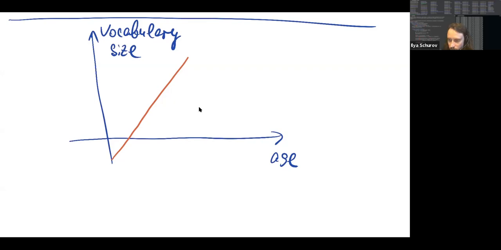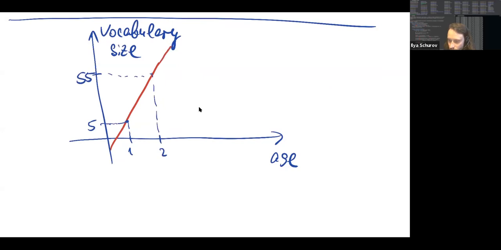For example, at age 1, I have 5, and at age 2, I have, for example, 55, and at age 3,